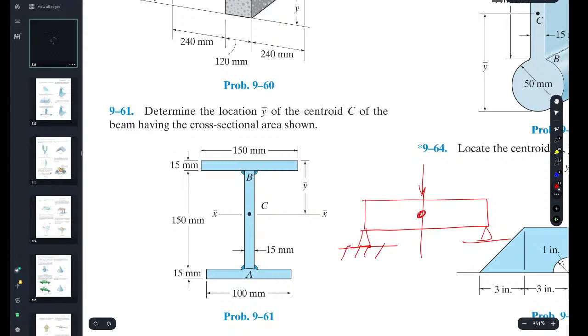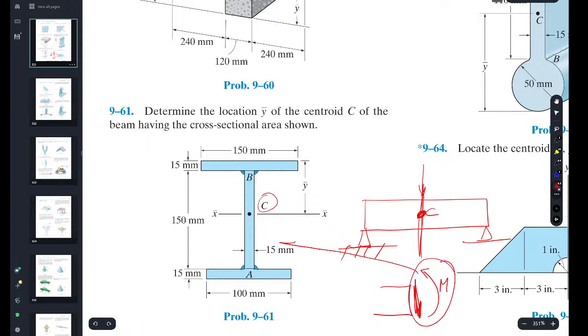What's the internal load at section C? Well, you take section C here and you find it. Once you find the internal load, meaning the moment and the shear, then you need to find out how these are related to the stresses internally to the beam. Centroid, finding the centroid of that section, in other words, a beam that looks like this in its section